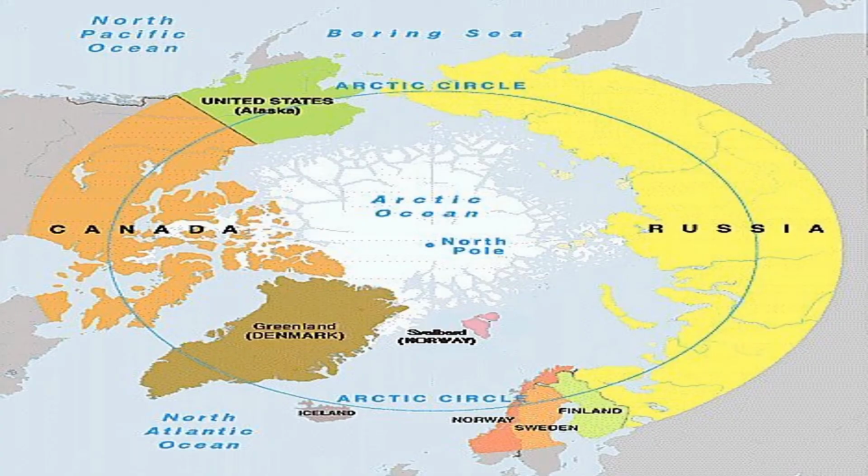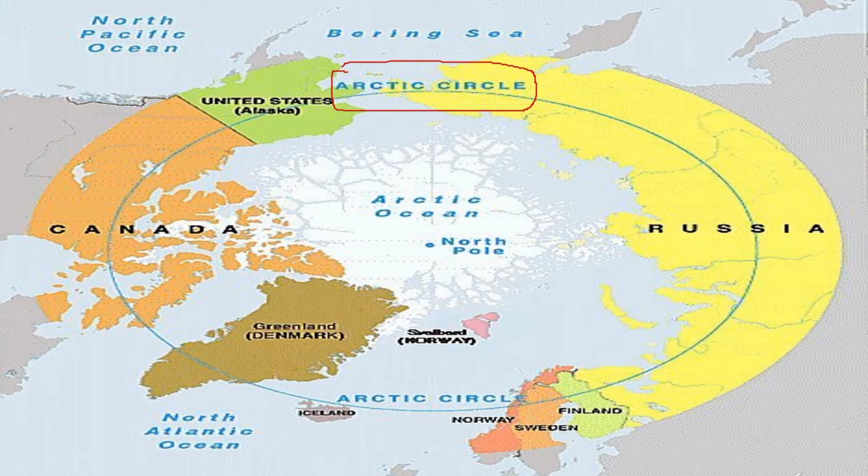On this aspect, we must be looking at an institution known as the Arctic Circle. It is a grouping which includes countries which border the Arctic region. The important countries which border this Arctic region are Canada, United States, Russia, Finland, Sweden, Norway, Iceland, Greenland, etc. Okay, these are the important countries that are circling this Arctic Ocean. So these are major members of the Arctic Circle. It is these countries that mainly carry out the research and other activities in this region.